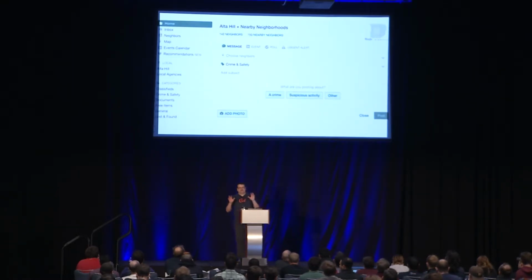So I'm a huge fan of this example. There's this site called Nextdoor. It's essentially Facebook for neighborhoods. The idea is that everybody on your street would be a part of this network, and you would go on, and it's like, oh, this is the Elm Street group, right? And we all talk about things on Elm Street. That's what Nextdoor is, essentially.